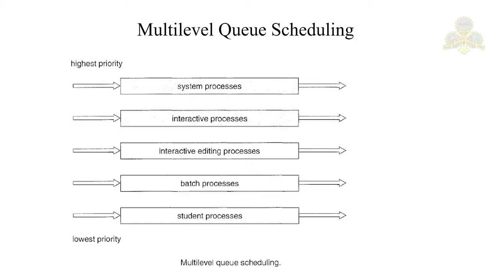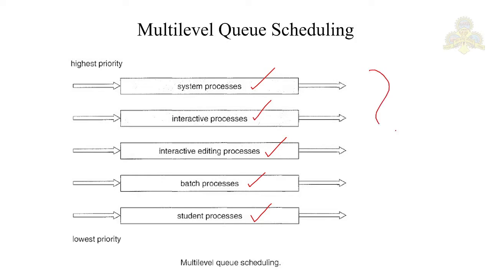So here, the multi-level queue scheduling algorithm partitions the ready queue into several separate queues. As you can see in the diagram, there are five separate queues. So these things we call queues. Okay. So this is the system process queue, this is the interactive process queue, this is interactive editing, this is batch process, and this is the student process queue. Remember, these five are different queues, and these queues have their own processes. Okay, the system process queue has only system processes. The interactive process queue only has the processes that are interactive.